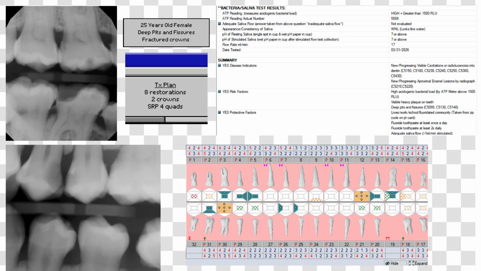Based on these findings, the treatment plan included 8 restorations, 2 crowns, and scaling and root planing, limited in all 4 quadrants. In addition to the restorative care, patient education was a key component. I emphasized improved oral hygiene practices, plaque control, and consistent fluoride toothpaste use to help reduce bacterial load and prevent